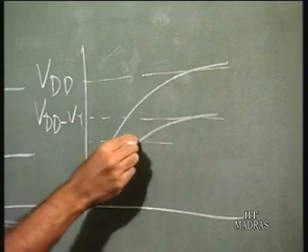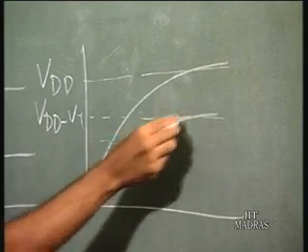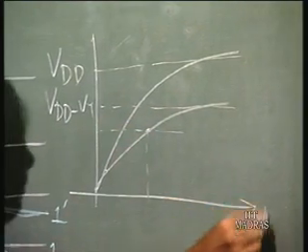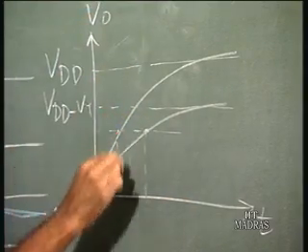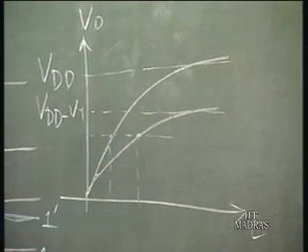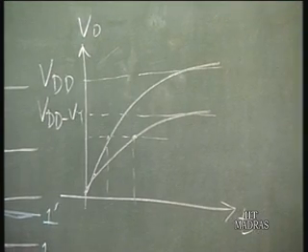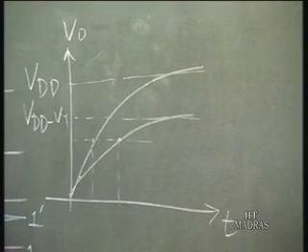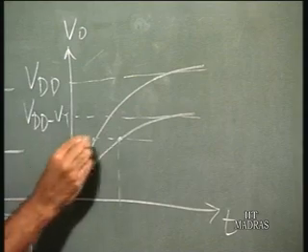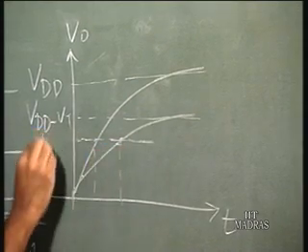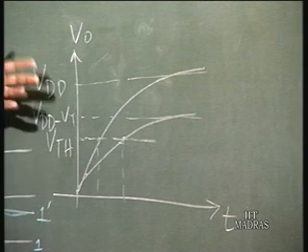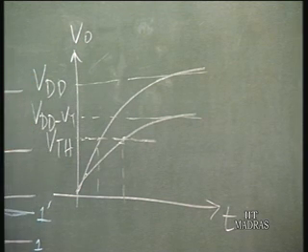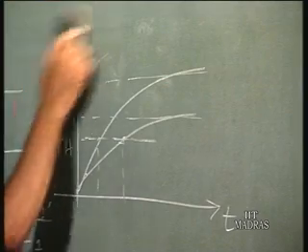Obviously, this is how the output voltage charges with time. The one which is charging towards VDD minus VT is going to take more time. It's quite obvious. This is the logic threshold, which you consider as the threshold between 0 and 1. So these are some of the problems. One has to see how to remove this